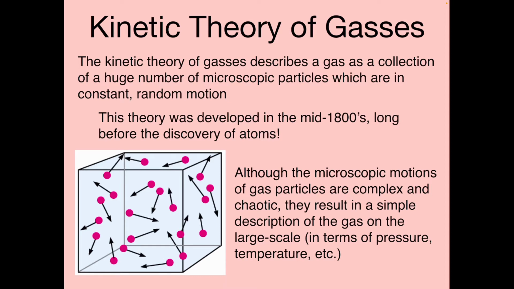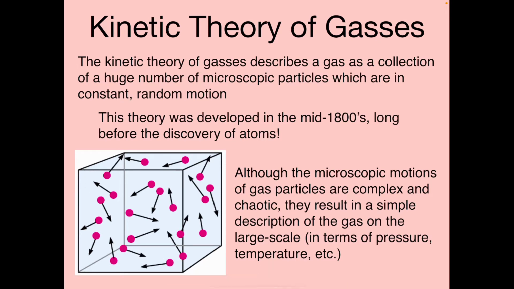The kinetic theory of gases describes a gas as a collection of a huge number of microscopic particles which are in constant and random motion. This is the basic picture you should have in your mind when it comes to the kinetic theory of gases. If this is a box of gas, on the microscopic level, it's just a collection of a huge number of tiny little particles which are too small to see with the naked eye, but they're there, and they're moving around in a chaotic and random way. They're constantly bumping into each other, bumping into the walls of the container,